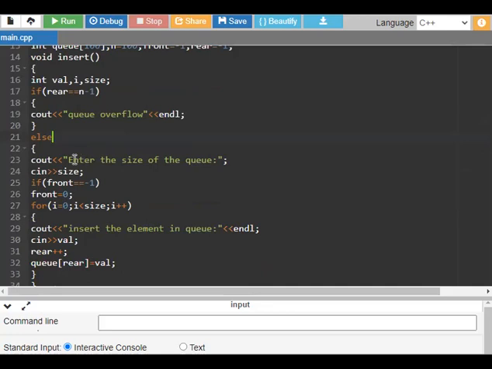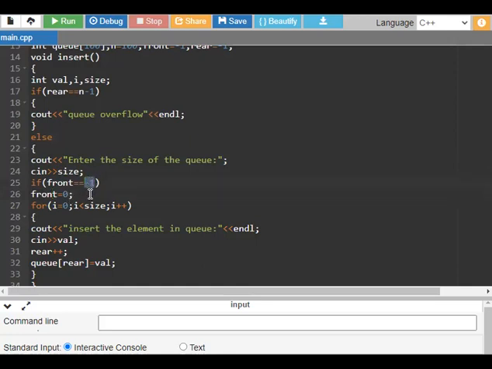So we enter the size of the queue, whatever number of elements we want to add. Then we have to check if front equal to -1, then assign front equal to 0.